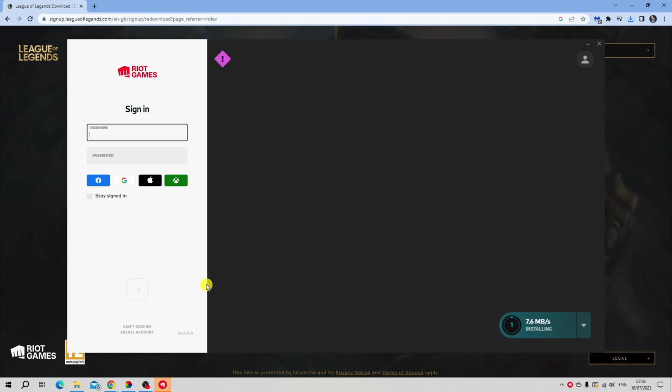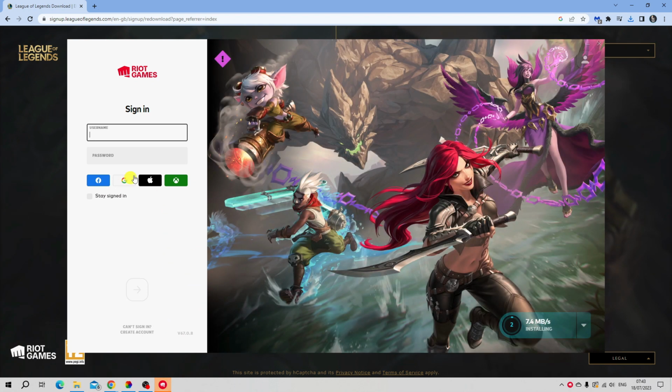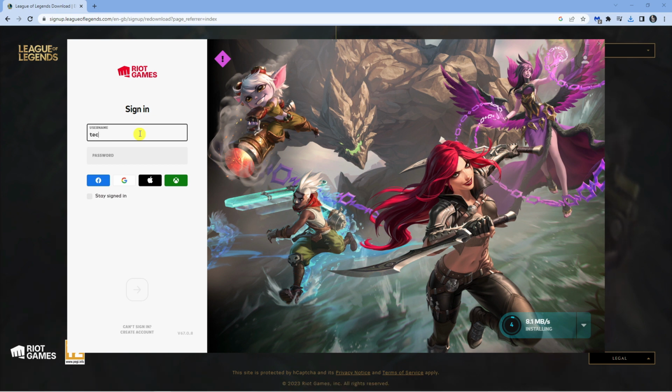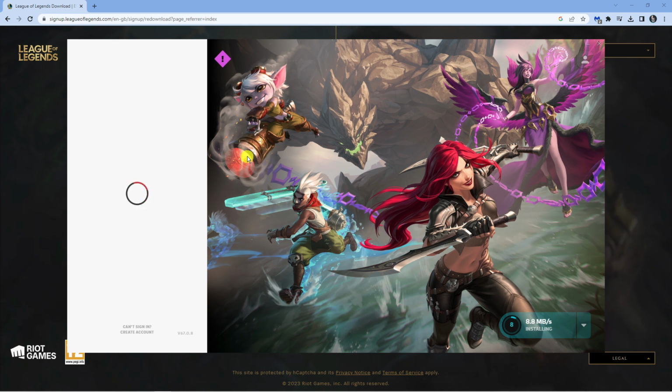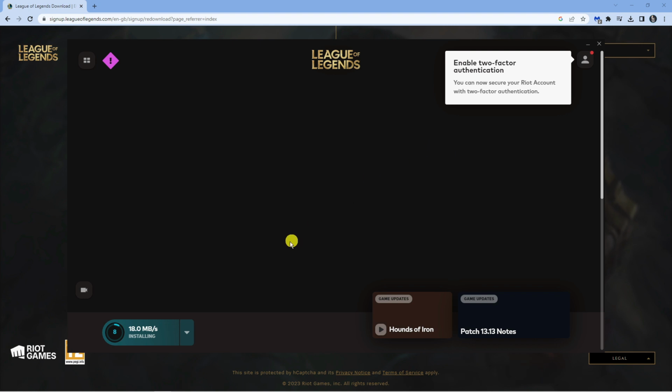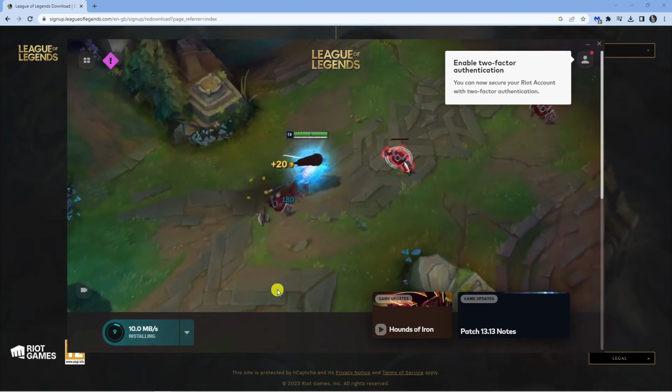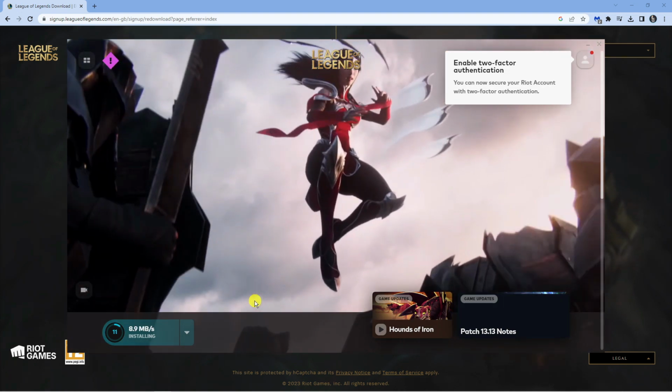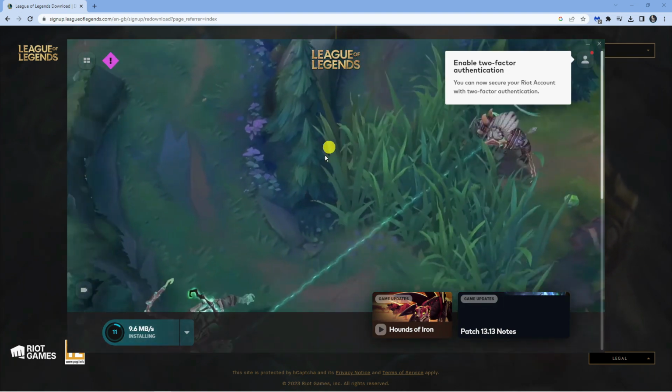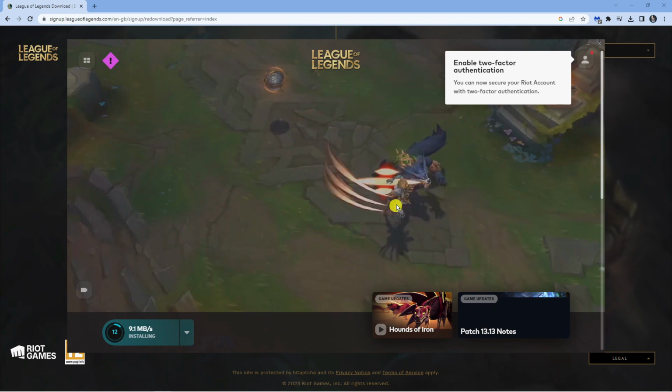And once you click the install button, what it's going to do is load up the Riot Games launcher. And if you don't have an account with Riot Games, you can go ahead and create one down here at the bottom where it says create account. If you do, just go ahead and log into your account. So I've just entered my details. Once you've done that, click the red arrow underneath. And what it's going to do is going to take you across into the Riot Games launcher, and you can see that's going to start installing on your system down at the bottom. So all you need to do now is wait for that to finish installing, and you'll be able to go ahead and play League of Legends using the Riot Games client.